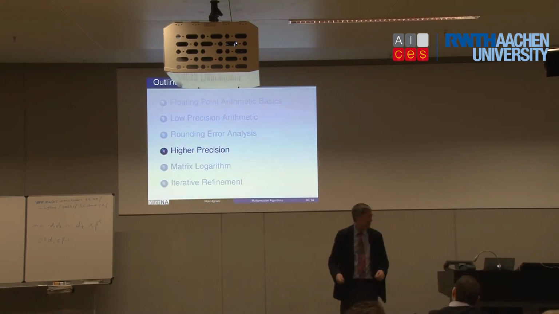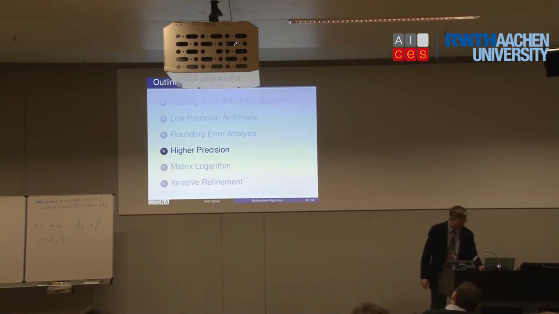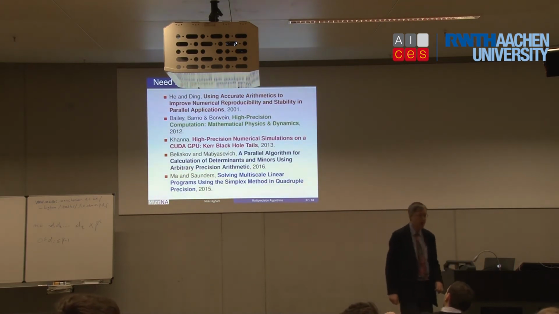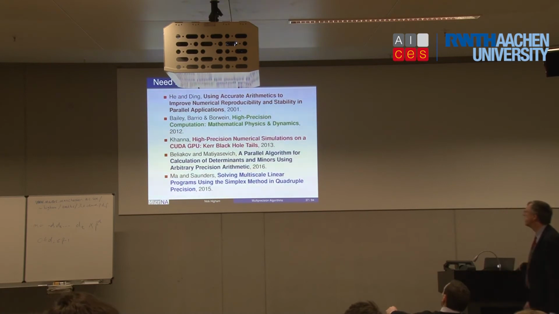Well, let's now move on to talk about higher precision. And the first question is, why would you want to use higher precision? I've got a collection of papers here that illustrate different answers to that. One of the earliest papers I saw, the first one there, was talking about reproducibility. The idea that you get the same answer if you repeat the same computation, maybe on different machines or different architectures, which is of course now a big issue: bitwise reproducibility.